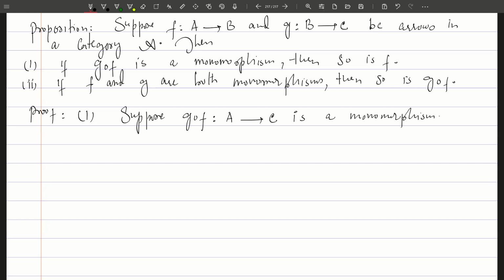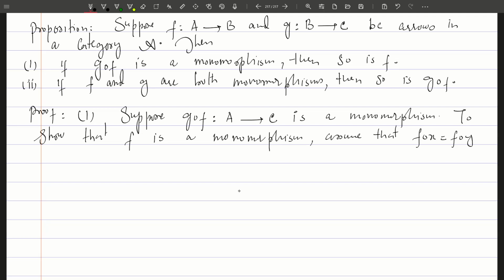Now to show that f is a monomorphism, assume that f composite x is the same as f composite y for some